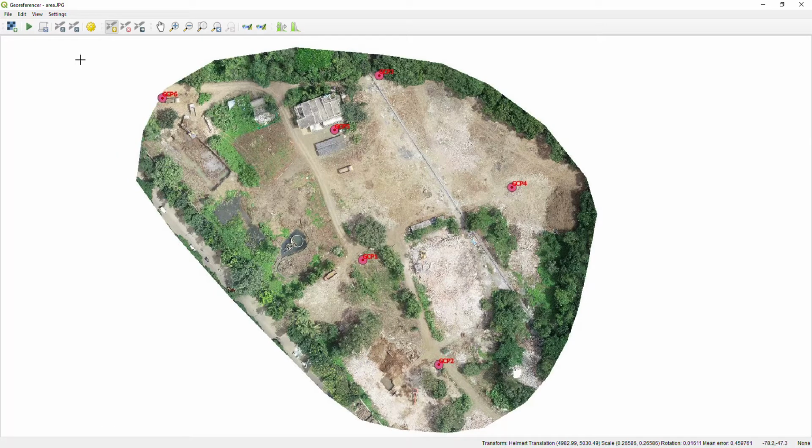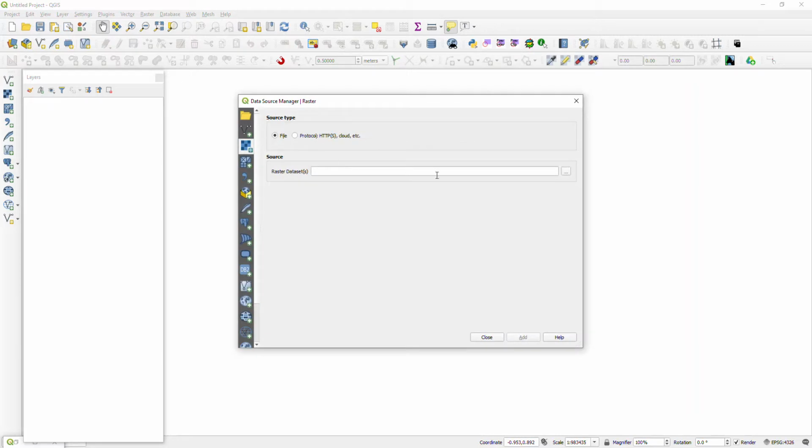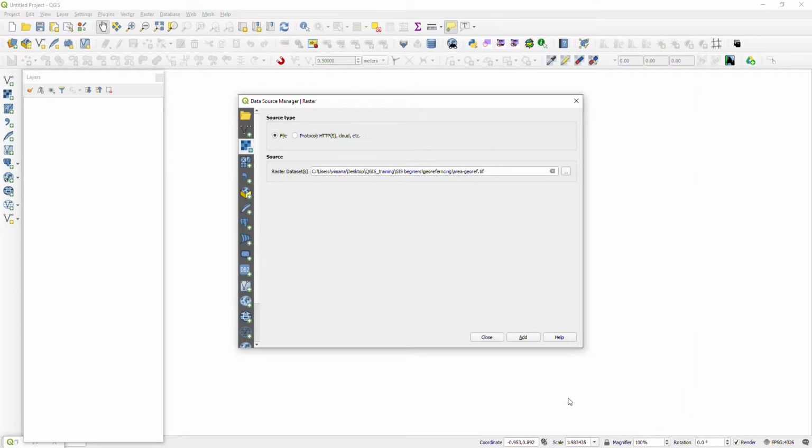Yes. Then you have to run the process. You can see the one green color button, it's called start georeferencing. Once you click the start georeferencing tool, the process will go. This is a small area, so it's done immediately. Yes, the process has done. Go to the QGIS main window, open the raster, the georeferenced one.